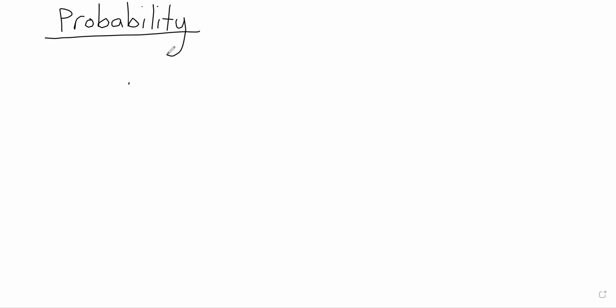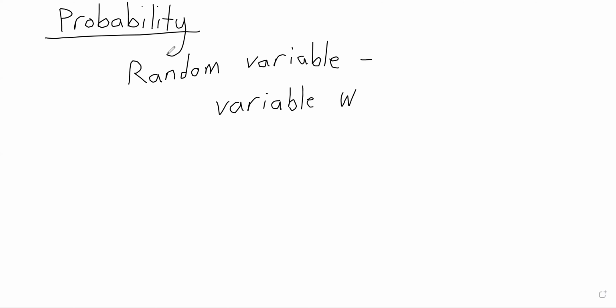So let's start from the beginning and define a random variable. And a random variable, the definition I'm going to put on the board practically sounds circular. It's a variable whose outcome,